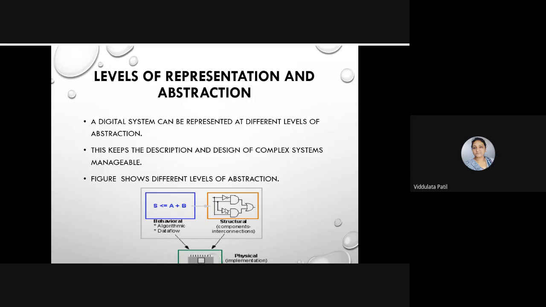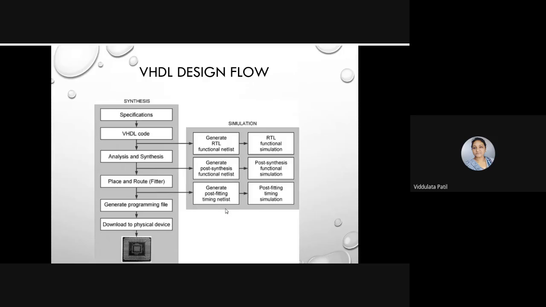So we can implement in both ways, that is just using behavioral modeling or structural modeling, or using a combination of both. Because of this, this complex system, whatever may be the complex system, becomes manageable. So those are the different levels of representation and abstraction in VHDL. So now, whenever we are going to design any digital system using VHDL,